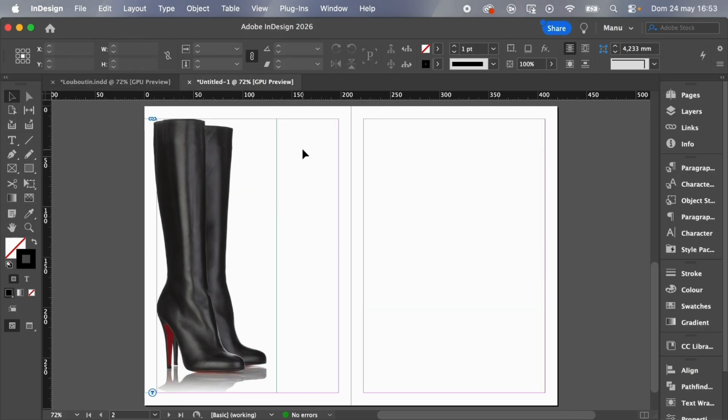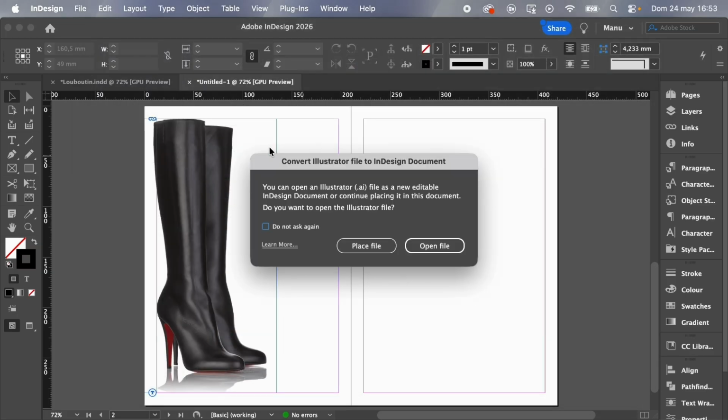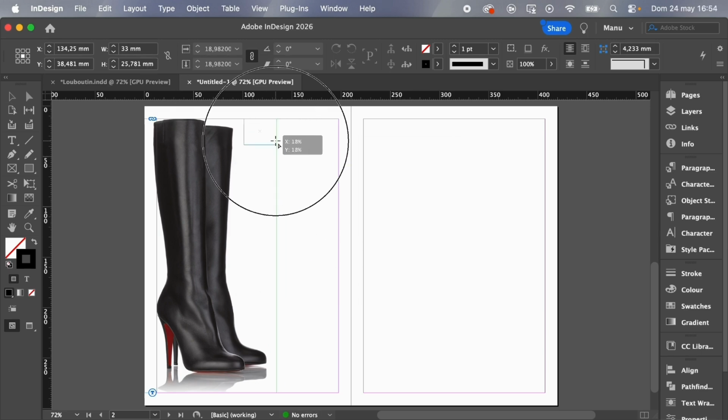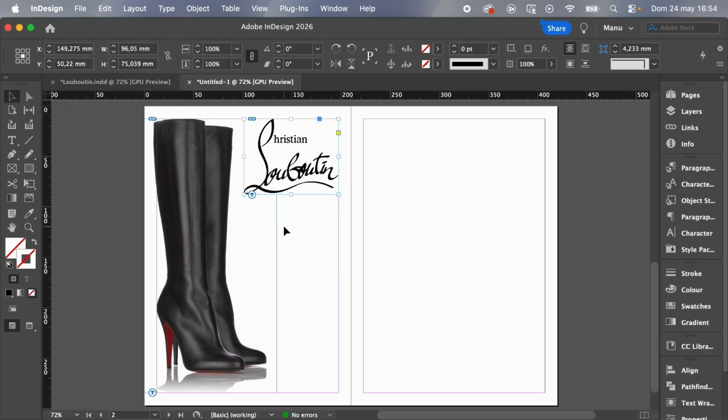So going back to my file, Control or Command D, I select my vector, open, I say place file, and one click at the top margin, hold and drag till here more or less, and we can check the height, now is 75. The reference point will be marked at the top here, and then I will increase constraining proportions the height to 78. More or less here is going to be correct.